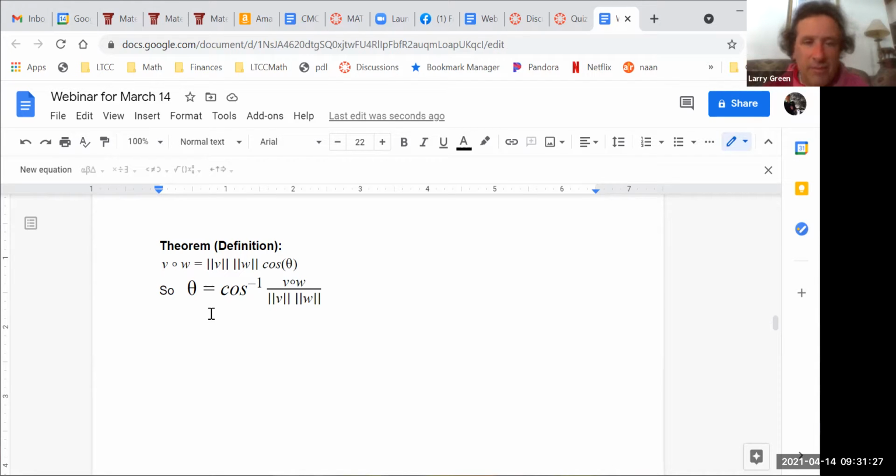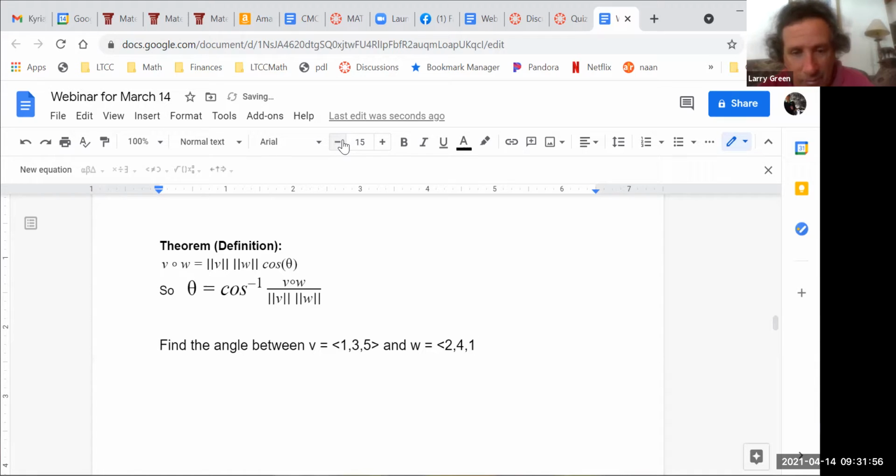Okay. So let's do an example. The examples aren't that hard. Find the angle between the vectors, let's call them V equals 1, 3, 5, and W equals 2, 4, 1. And the idea is we know how to do it now. First thing